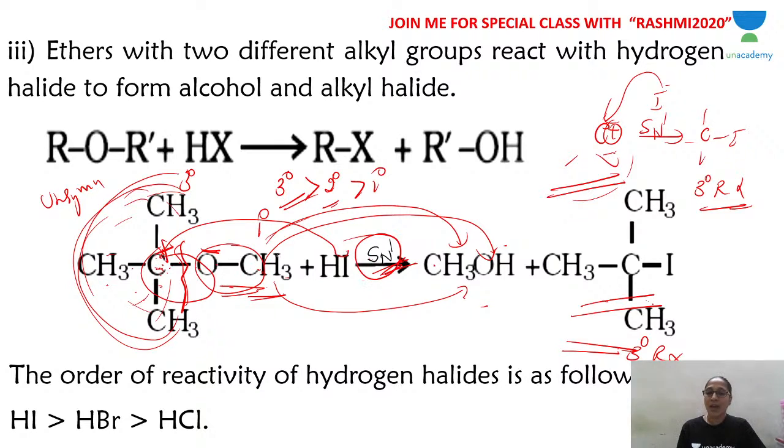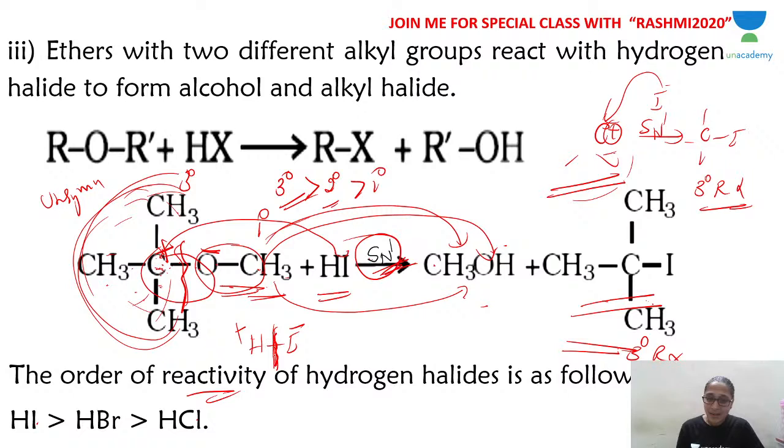Now we were talking about alkyl halides, is it not? This is the reaction between ether and hydrogen halides. Now which hydrogen halide is more reactive for these reactions? Hydrogen iodide is more reactive than hydrogen bromide, which is more reactive than hydrogen chloride. Because in the case of hydrogen iodide, the energy to break this bond to form proton and I minus is less, so ions form readily and the reaction takes place readily, is it not?